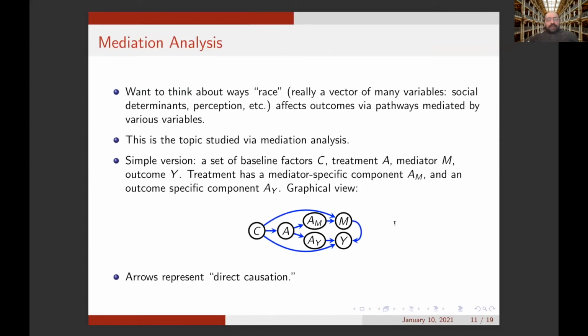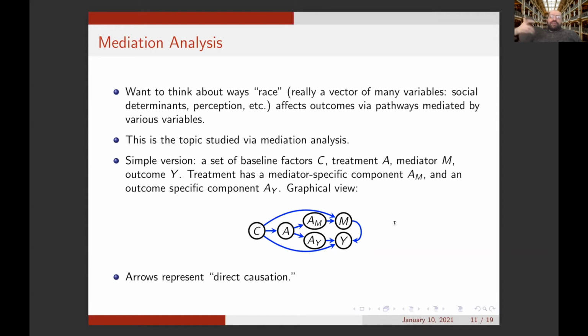But we're interested in using causal inference to assess mechanisms of disparities. And so what we really want to do is think about race. And of course, race is very complicated. As anybody who has studied race knows, it is really a high-dimensional object, like a vector of various things, including social determinants, family considerations, the way you're perceived, maybe certain relevant biological things as well, and how race, that giant vector, affects outcomes via various pathways